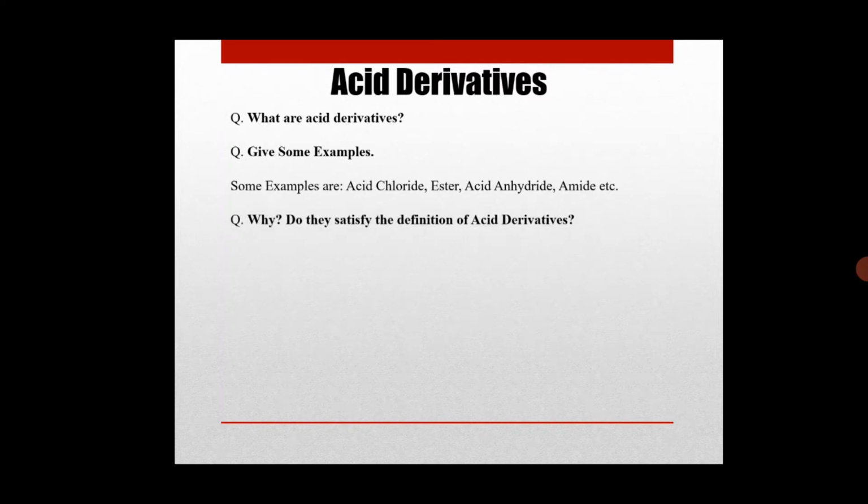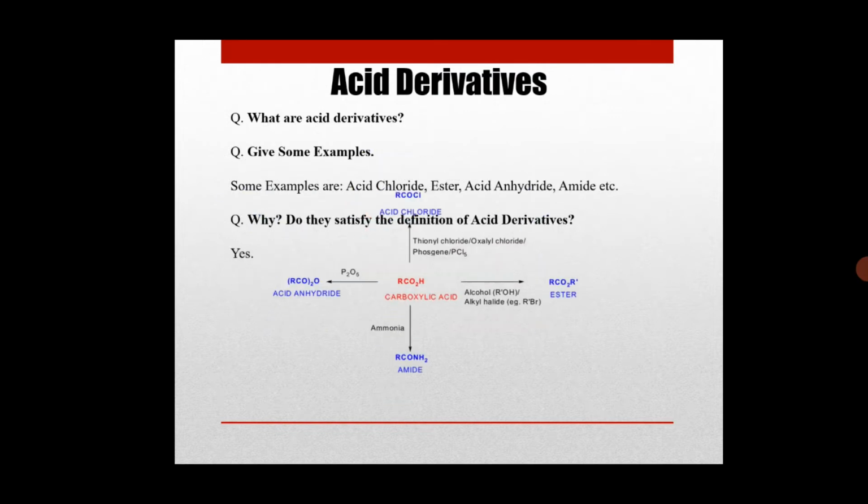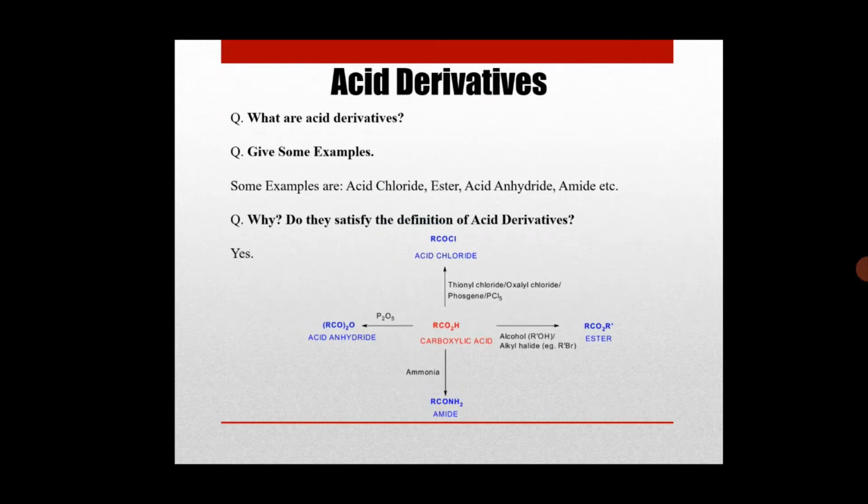Now, why are they called acid derivatives? Do they satisfy the definition of acid derivatives? Yes. Acid chloride, ester, amide, acid anhydride can be derived from carboxylic acid and therefore they are called derivatives of carboxylic acid. Just like acid chloride can be obtained from carboxylic acid by treatment with thionyl chloride, oxalyl chloride, phosgene, phosphorus